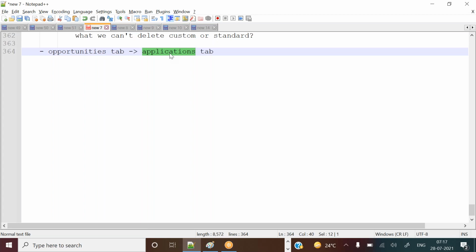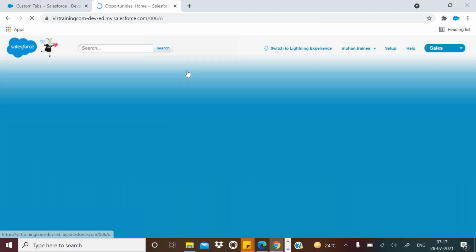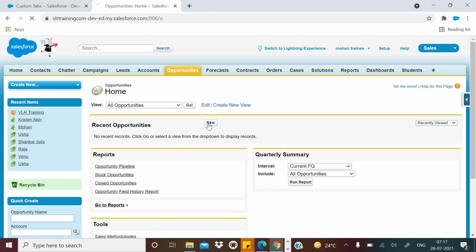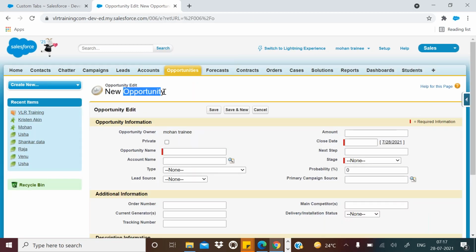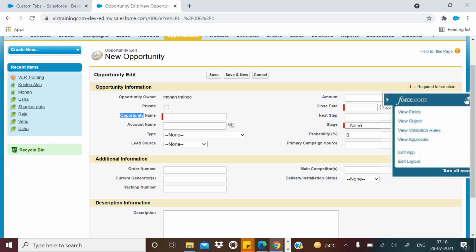Okay, now how can I identify this application name? Then what you need to do is simple: click on this tab name. Okay, so create a new one, and here it might be changed, or by seeing this, the fields will not be changed, like opportunity name, or if the fields are changed, whatever it may be, go to this tab and simply click on the object.